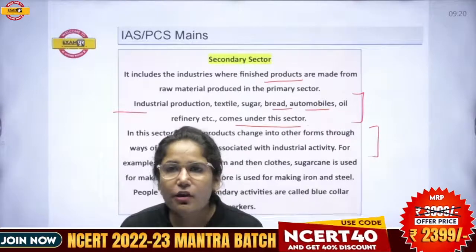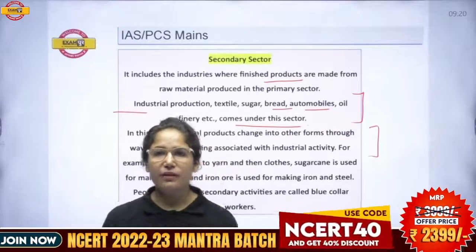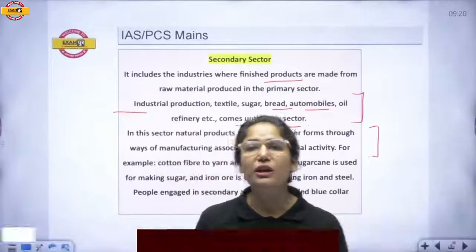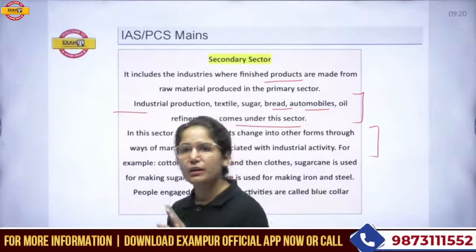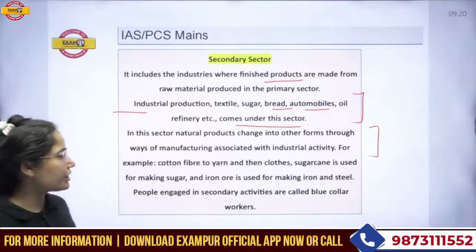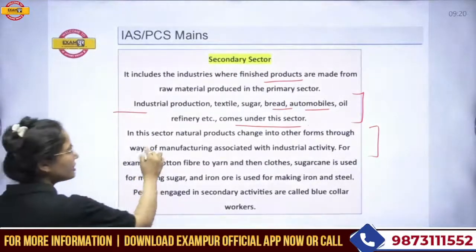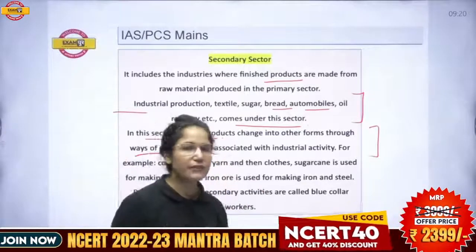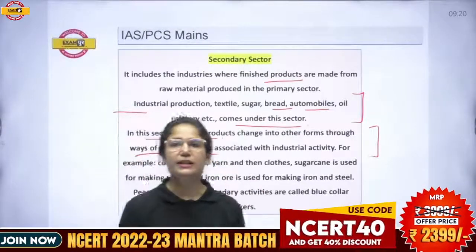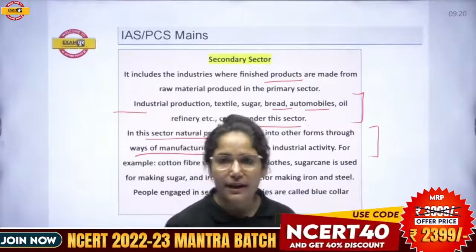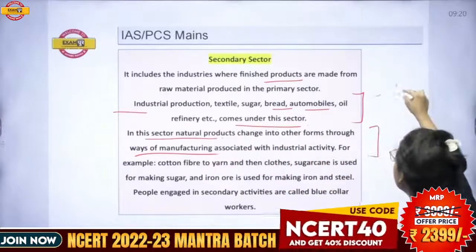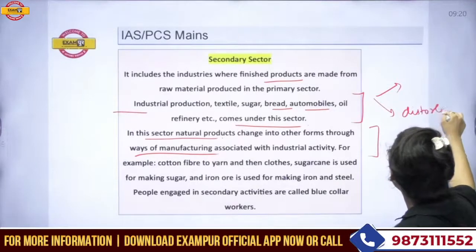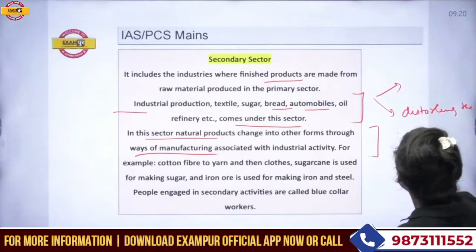Okay, we can call it, obviously, that we are lagging behind in manufacturing, though manufacturing units do have the capacity to absorb more and more people. Still, we are not doing so well in the manufacturing domain. So natural products change into another format through the manufacturing unit, as we are claiming that we are not distorting the environment too much. Plus, we are also claiming we are not distorting the environment,